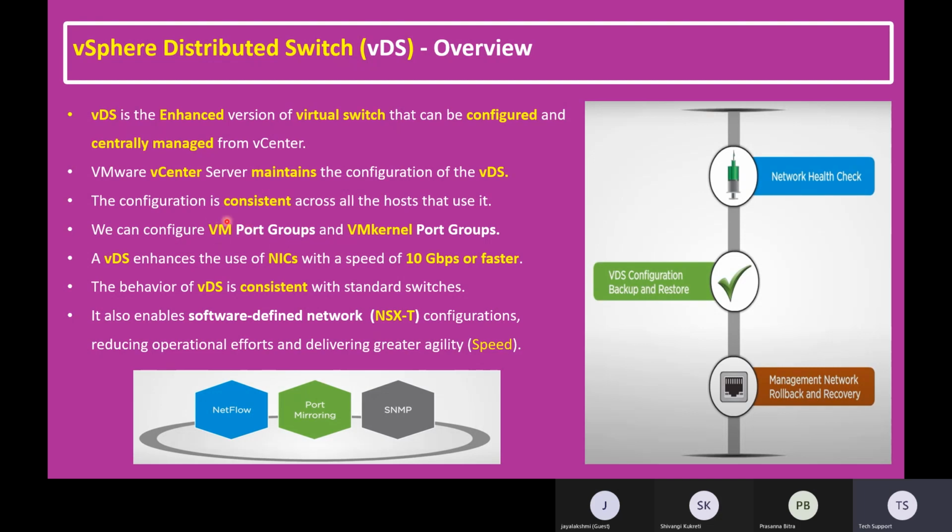One port group is the VM network port group, another is the VM kernel port group. Even the DV switch has only these two types of port groups. There is no additional port group. The only difference is that the VM port group is mainly for virtual machine traffic, and the VM kernel port group is for ESXi